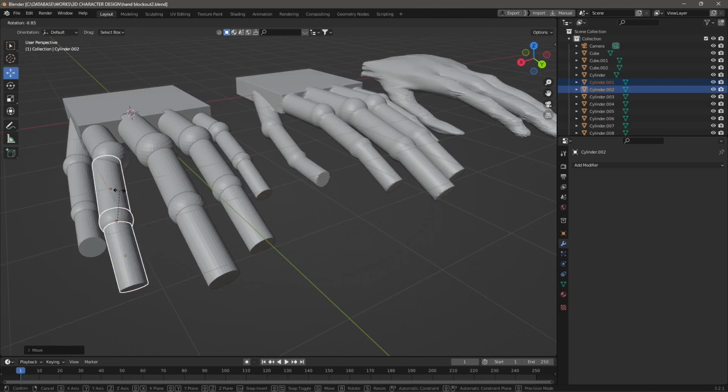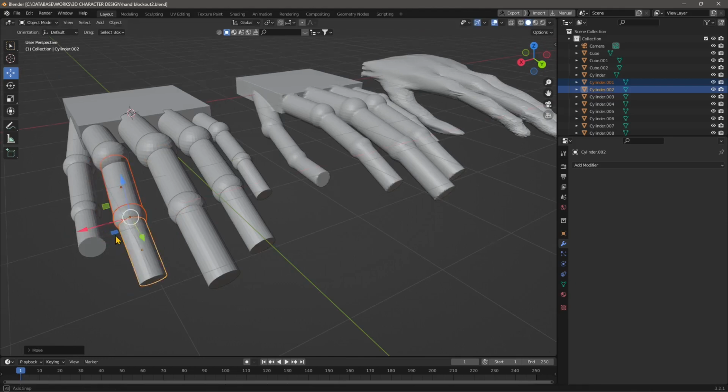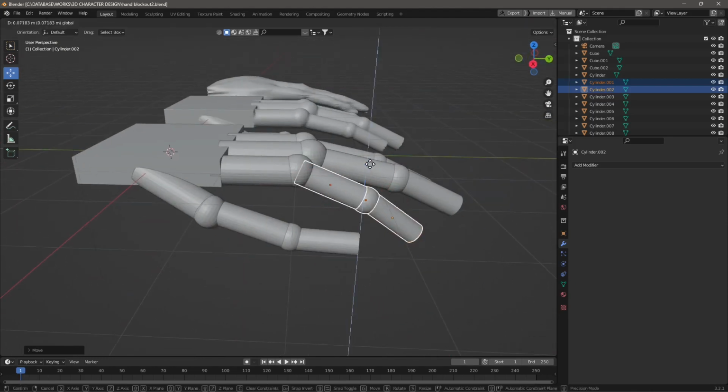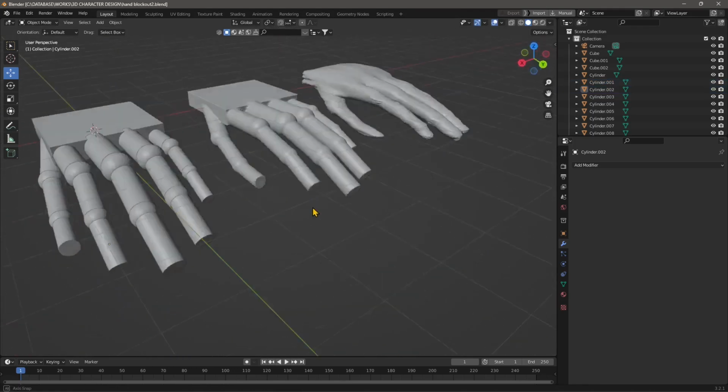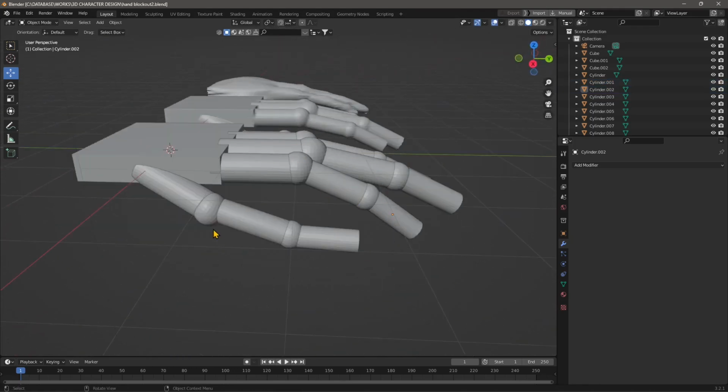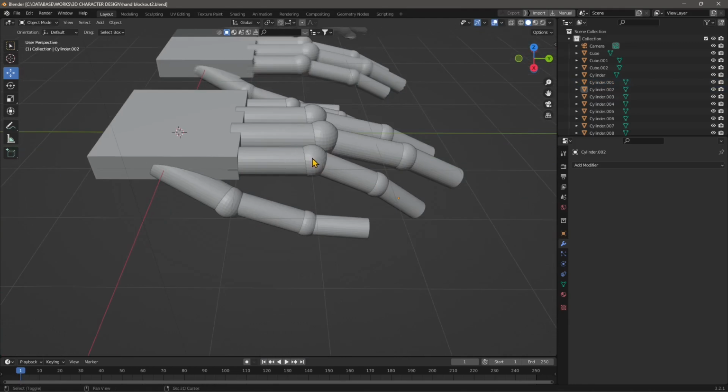Be careful on the way you rotate it, but you can start to pose your fingers if you want, so you can be more precise in posing your finger. So you can see I've started with the first one